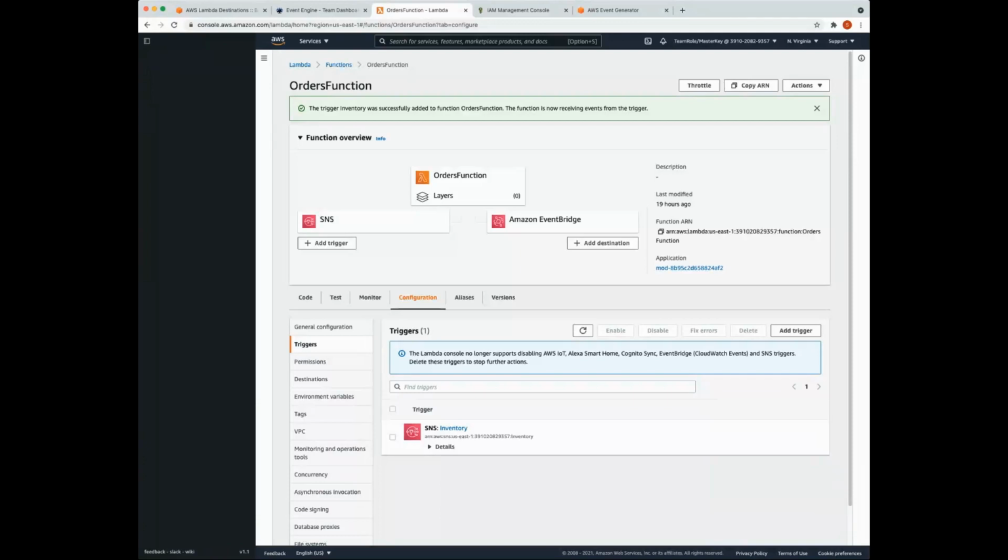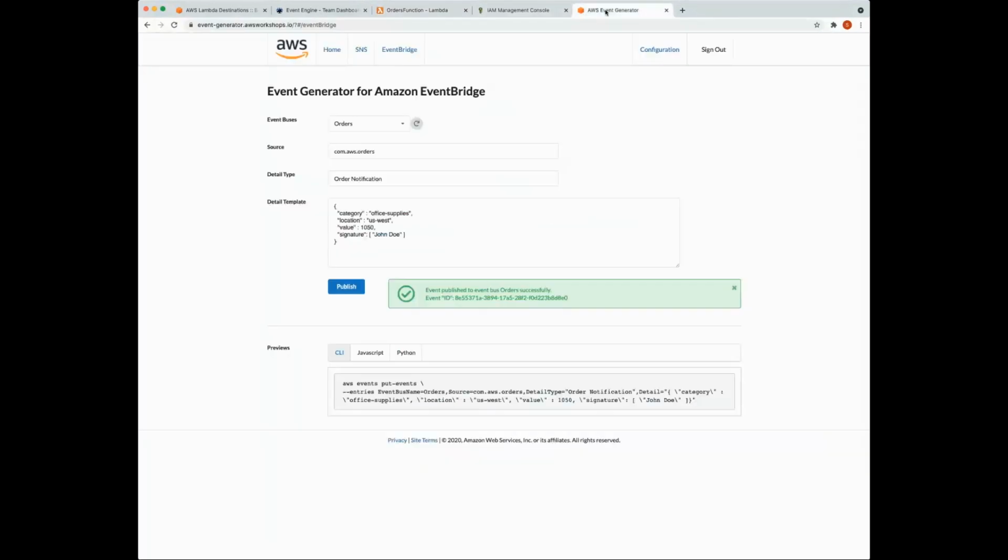And when that function completes successfully, it is going to route all of the async invocation information to the inventory EventBridge event bus, which is going to output that event to our CloudWatch Logs log group. So, a lot of different pieces working together there, but from a high level, it's a pretty straightforward linear flow. So what we're going to do is we're going to open the event generator.